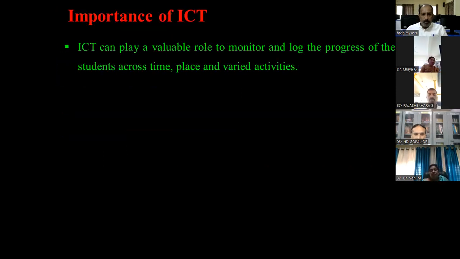With this, let's look at the importance of ICT. ICT can play a valuable role to monitor and log the progress of the students across time, place, and varied activities. Visualization is very important to make a decision. If I present information as text or mere numbers, it may not be possible for you to make a good decision.